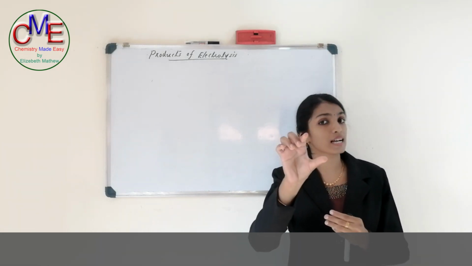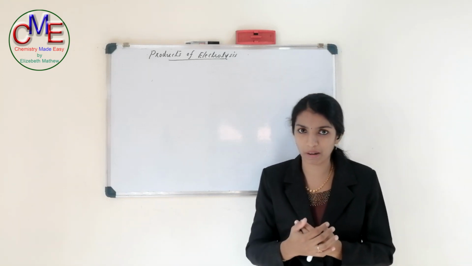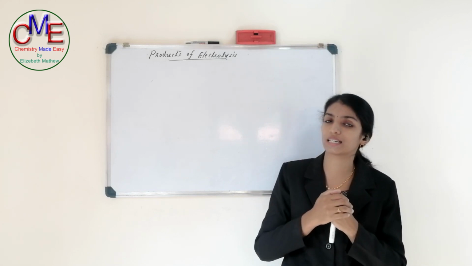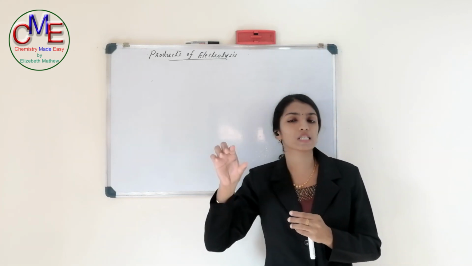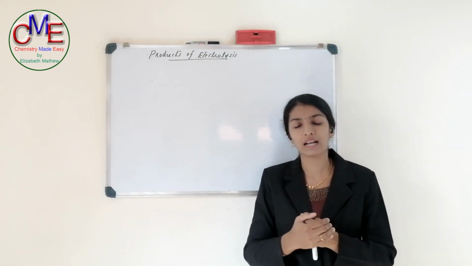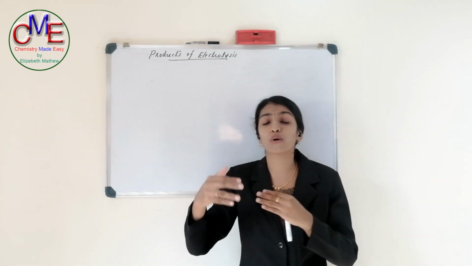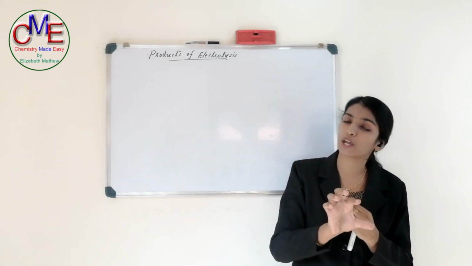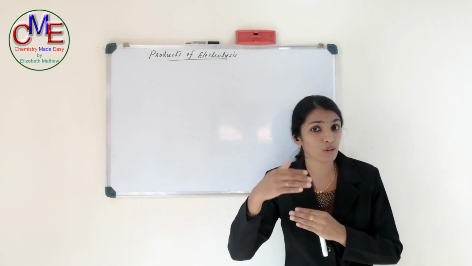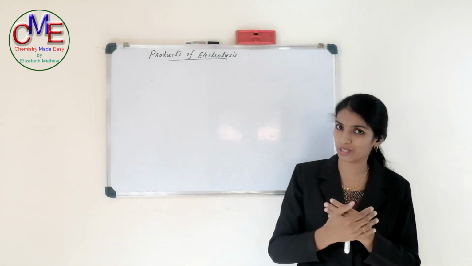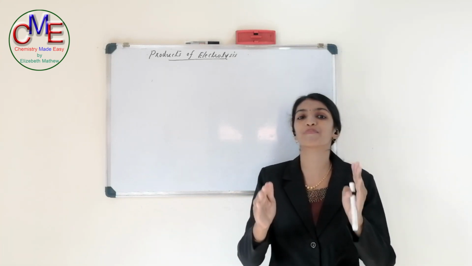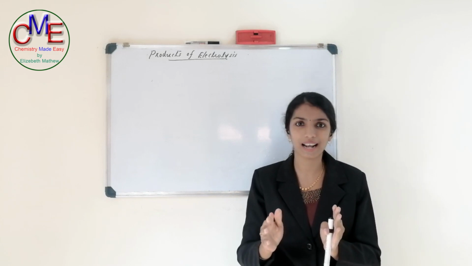One of the electrodes is connected to the positive terminal of the battery, and that electrode is known as the anode in the case of an electrolytic cell. The other electrode, which is connected to the negative terminal of the battery, is known as the cathode. The definition of anode and cathode is the same for both electrochemical cell and electrolytic cell. Anode is the one at which oxidation occurs. Cathode is the electrode at which reduction occurs. That is the definition of anode and cathode, right?